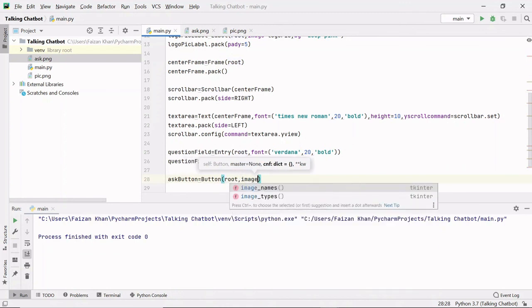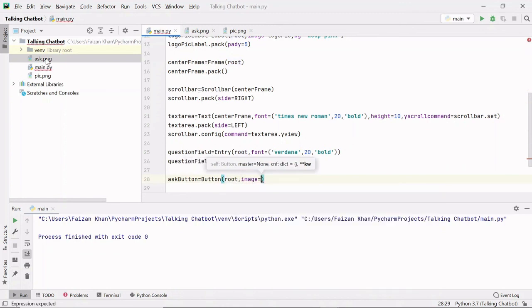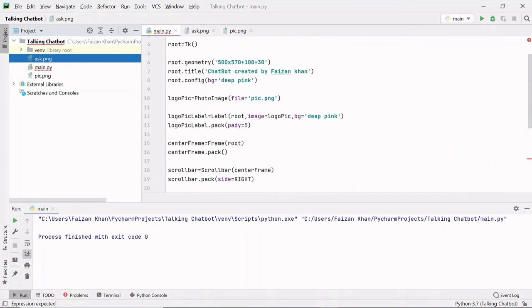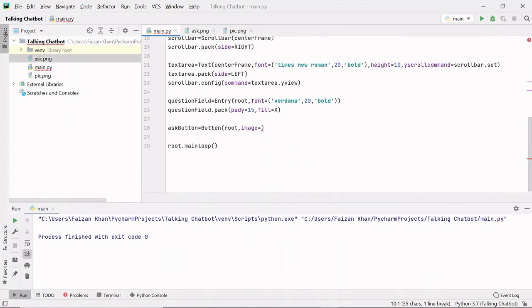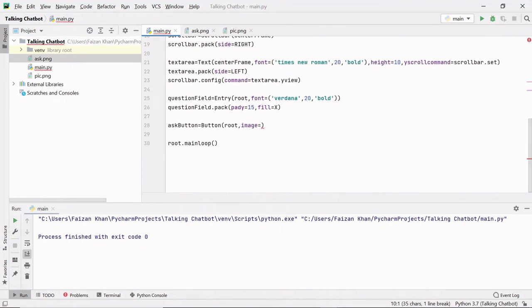Then I'll add image to this button, but we cannot use this image directly inside this image keyword argument. Firstly, we have to create object of this image, just like we created here for pic.png. So I'll copy the same line with the help of Ctrl C, and here I will create object of that image.